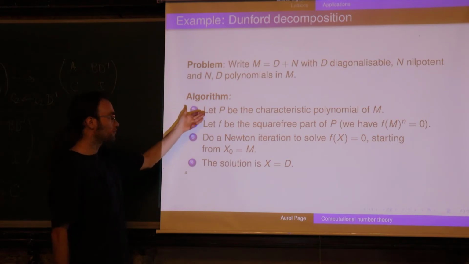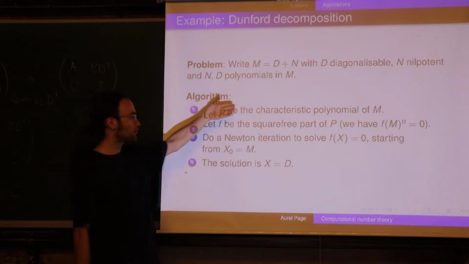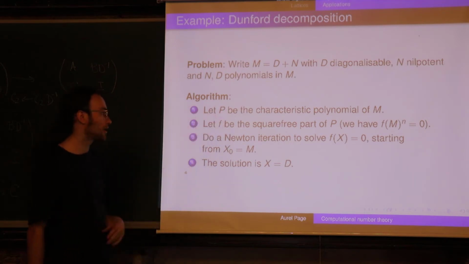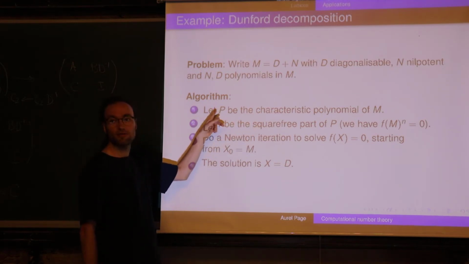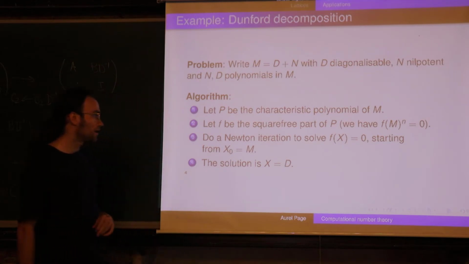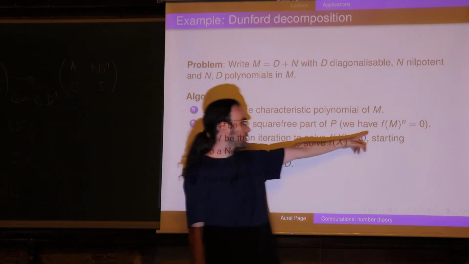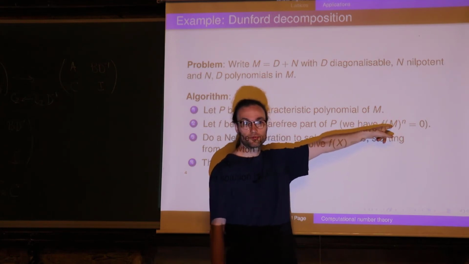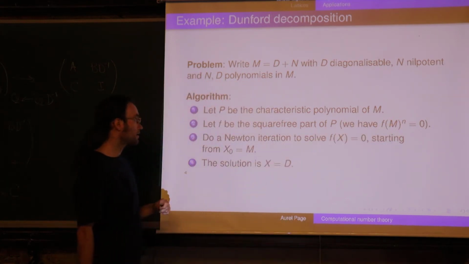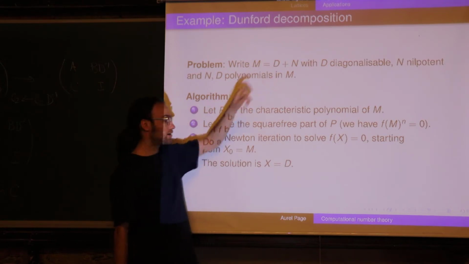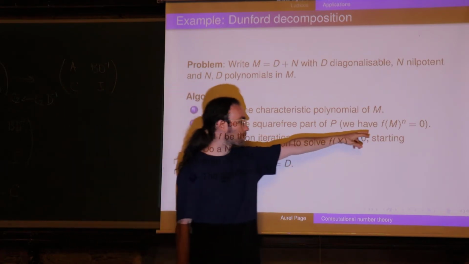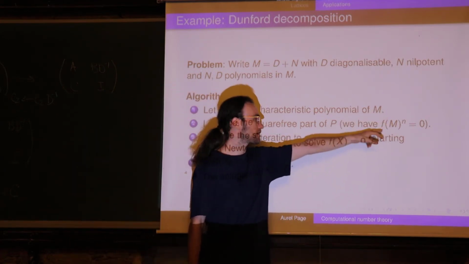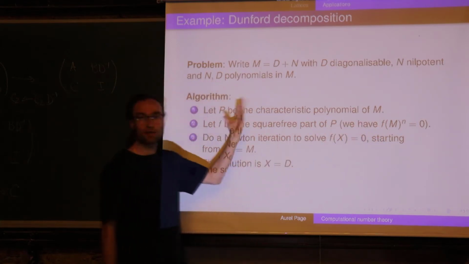You take P to be the characteristic polynomial of M, so I didn't really talk about characteristic polynomial, but that's also a linear algebra operation that you can do. Then you take the square-free part of that polynomial, maybe it's going to have repeated factors, you want to remove them. And in particular, what you have is that f of m to the n is 0, always. And the d that you're looking for actually satisfies f of d equals 0. So m is an approximate, in this sense, root of f, and you're looking for an exact root, which is